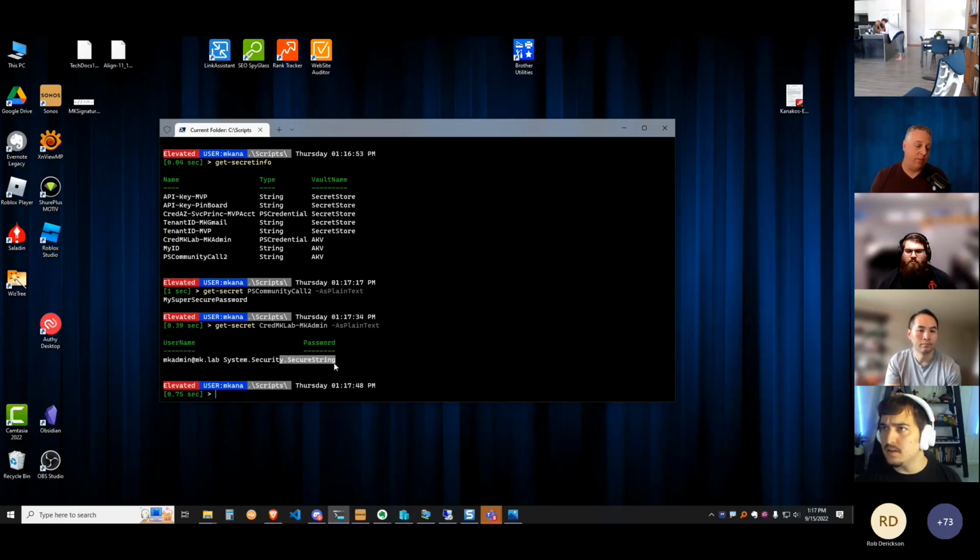And so I would have to save this as variable. I would have 2 parameters on the variable, username and password. I could then pass this secure string into a convert from secure string, and I could reverse that password. And so that highlights why saving passwords in PowerShell is not the greatest, and why you should use the vault, because these secure strings are reversible. But when it's in the vault, it's encrypted and at rest, can't be hacked or anything like that. So it makes it much more secure.